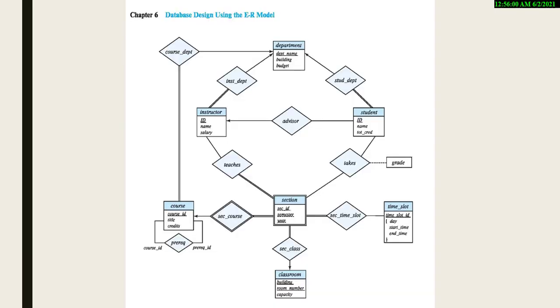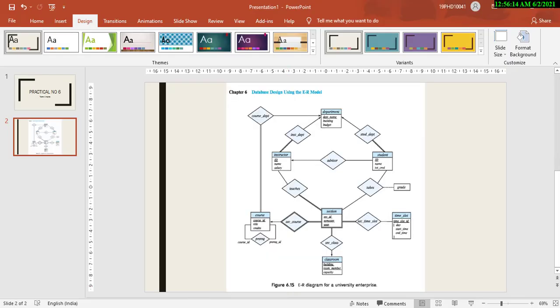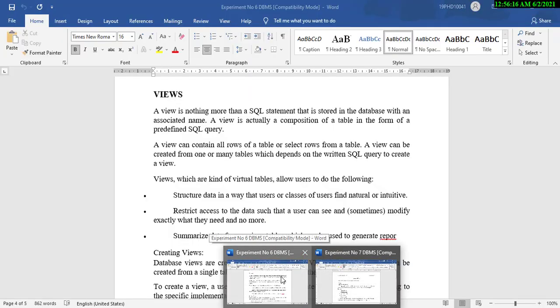So for this, once again we are going to utilize this database that we have already created. So I am going to utilize this database and create the indexes and views on these created tables. So first of all, we would try to study the concept of index, what is the meaning of index and what is the meaning of views.